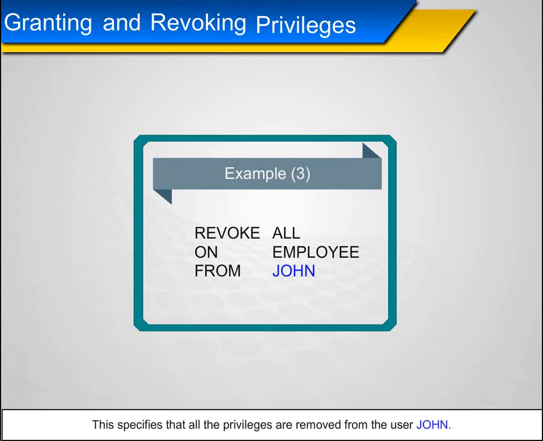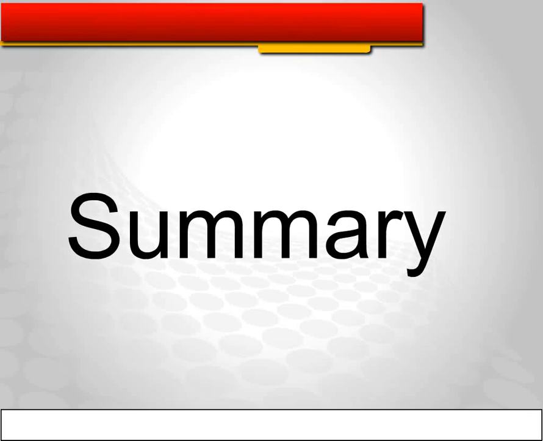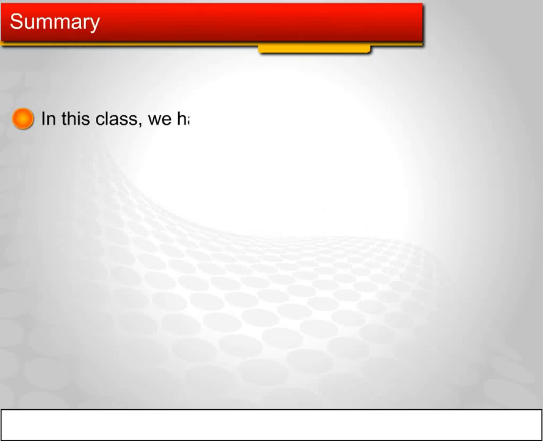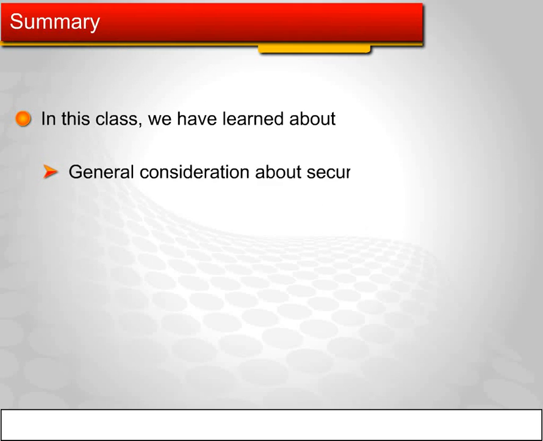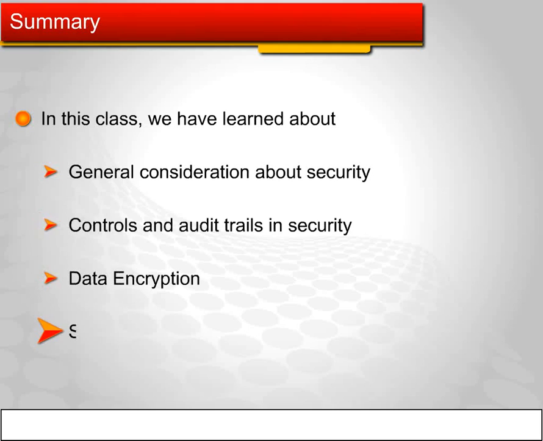Example 3. Revoke all on employee from John. This specifies that all the privileges are removed from the user John. Summary. In this class, we have learnt about general consideration about security, controls and